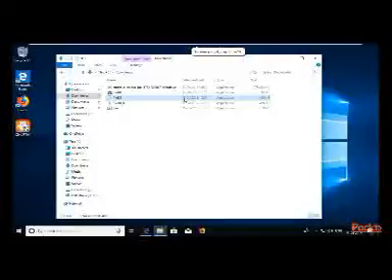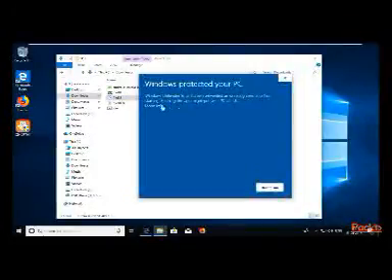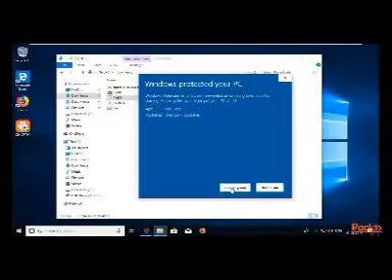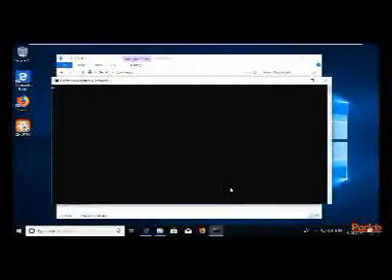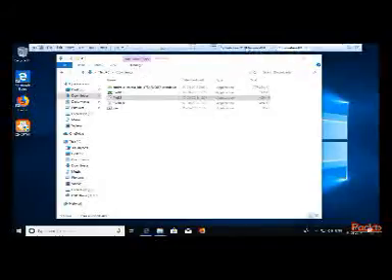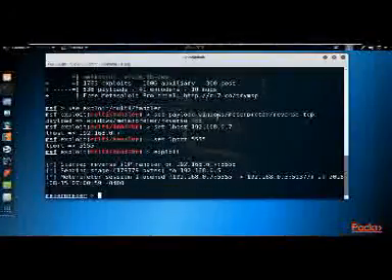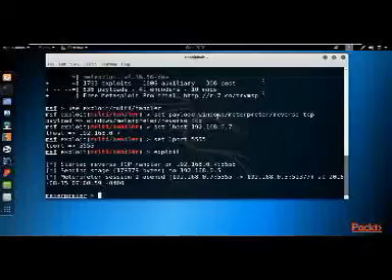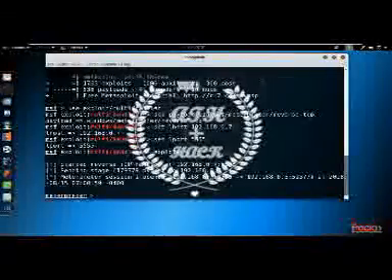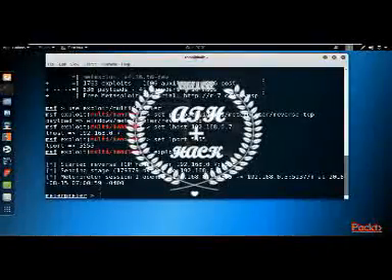Just double click on this file and run this file inside Windows 10. This is just a warning message. Click more info and click run anyway. So here it is executing inside the Windows 10 machine. I hope we will get a connection between Windows 10 and the Kali Linux operating system in Metasploit. So you can go back to the Kali Linux operating system, and here you can see that the Meterpreter session has been opened. So we have successfully, at the Windows 10 machine, we have successfully bypassed